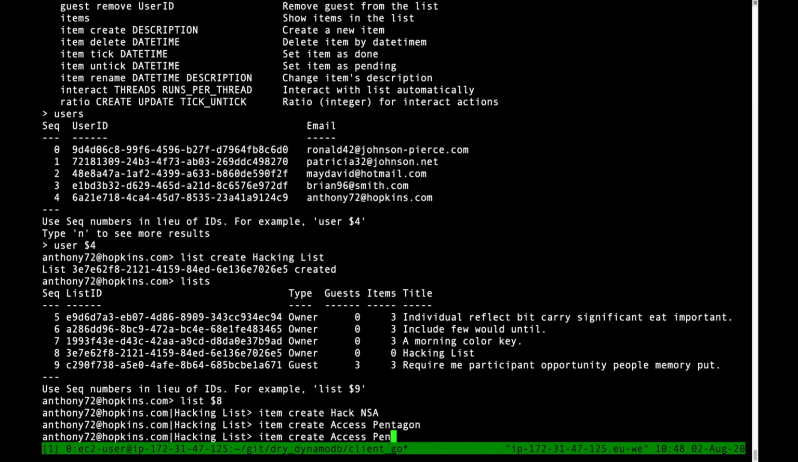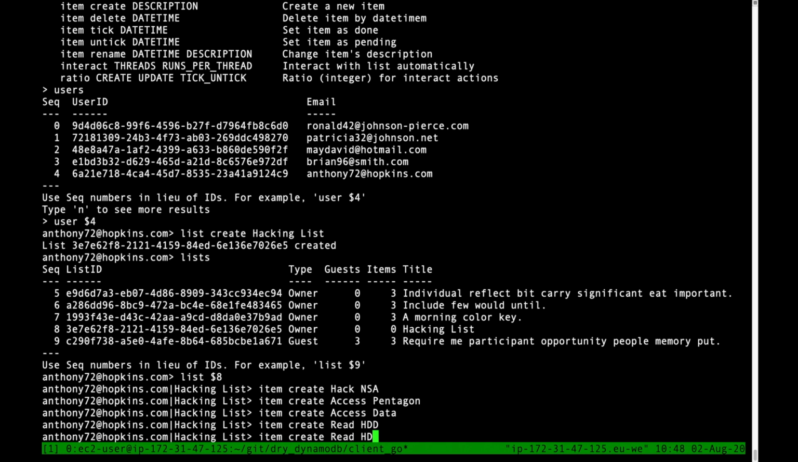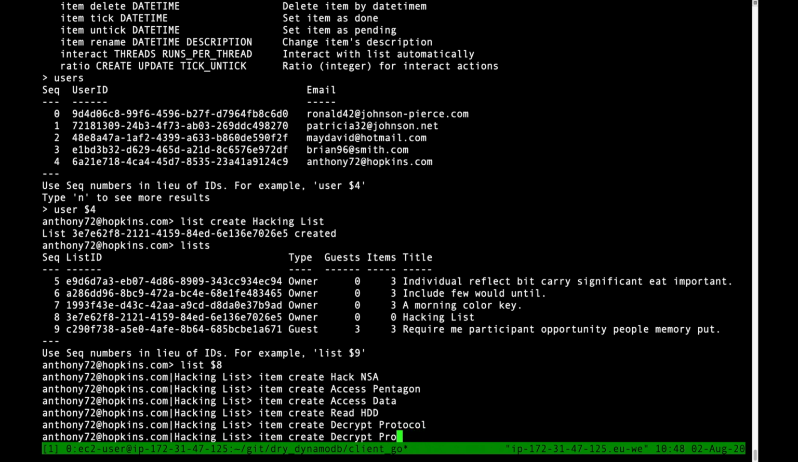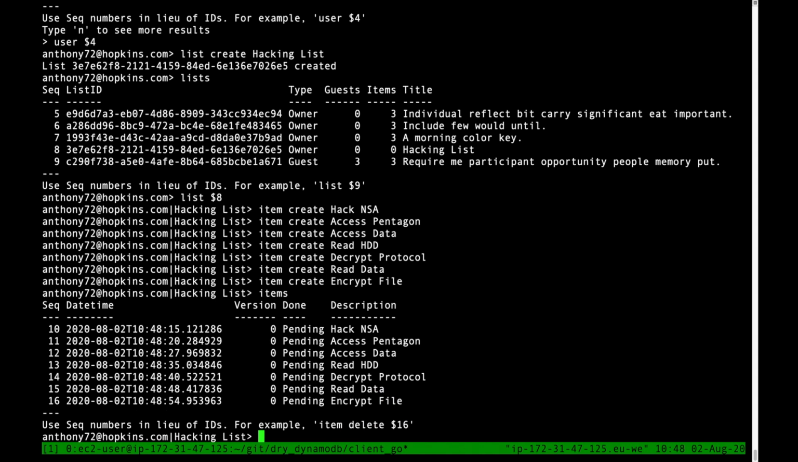So these are the kind of verbs and nouns that facto generates. You will see why in a moment. For each, TTD, crypt, protocol. What else? With data. Encrypt file. Okay, so we have now a number of items, and with the interact command I simulate a user